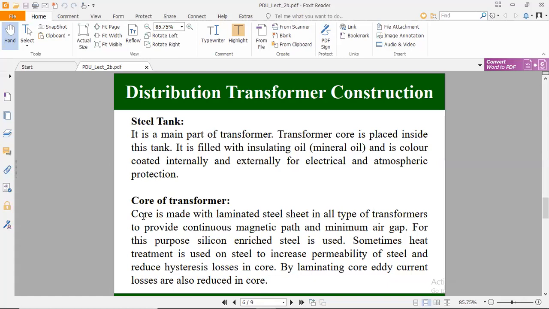Core of transformer. The core is made of laminated steel sheet in all types of transformers to provide